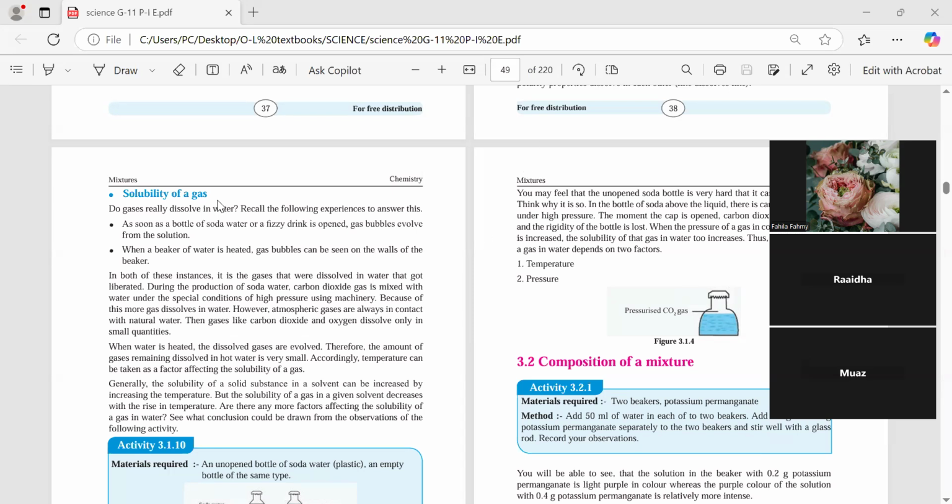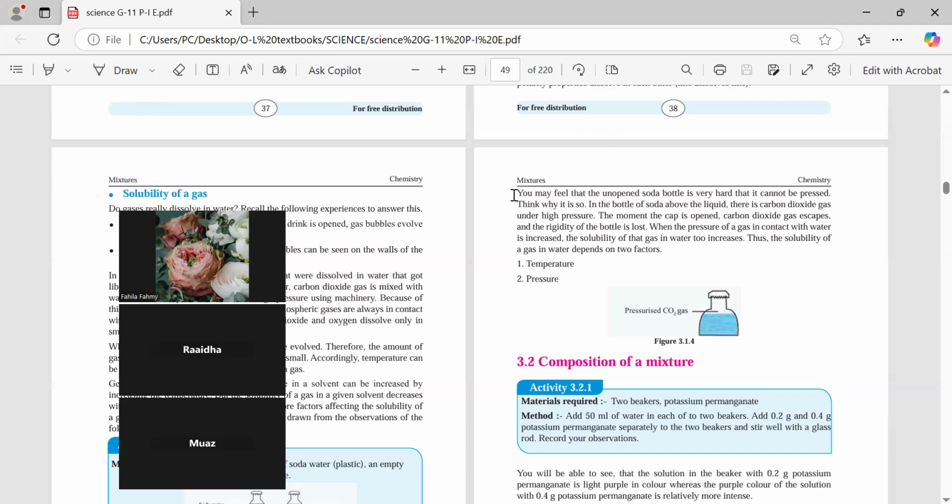So in this part of the unit, we'll be learning about the solubility of a gas, how well a gas is going to dissolve in something. The factors it depends on are temperature and pressure. If you increase the temperature, it's going to dissolve well. If you increase the pressure, then again, it's going to dissolve well. For an example,